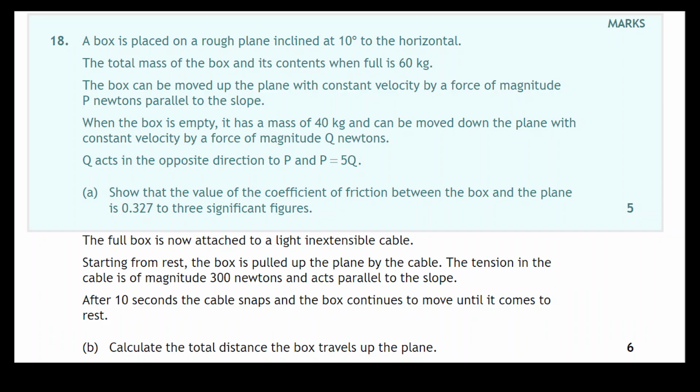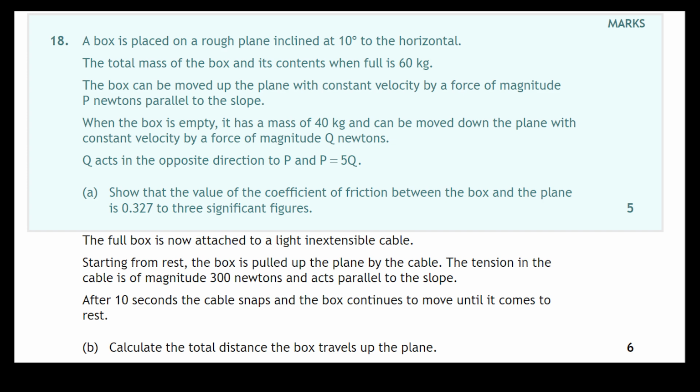A box is placed on a rough plane inclined at 10 degrees to the horizontal. The total mass of the box and its contents when full is 60 kilograms. The box can be moved up the plane with constant velocity by a force of magnitude P newtons parallel to the slope. When the box is empty, it has a mass of 40 kilograms and can be moved down the